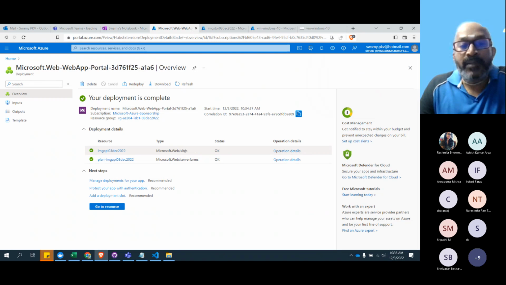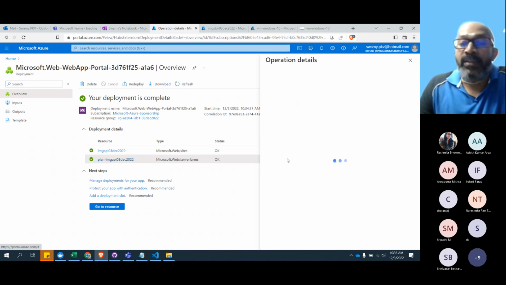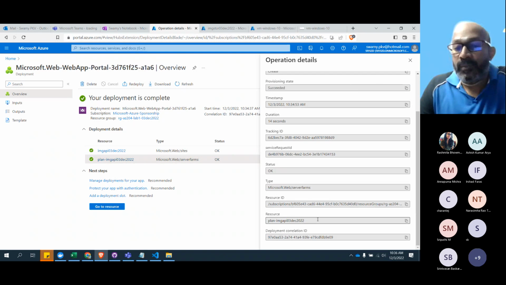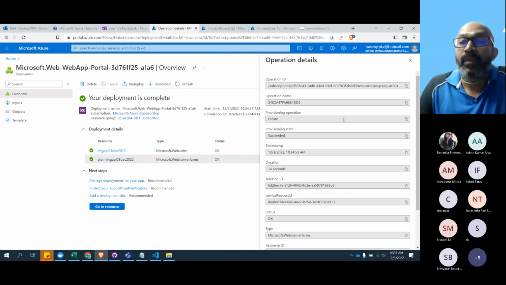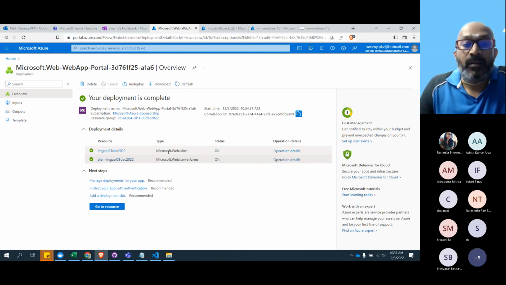So you can see the sites and server farms. If you expand the operation details, it says server farms, and that means plan. We gave plan for app service plan. That means the computing power I've shown, the server farm is the app service plan. Microsoft.web/sites is what?